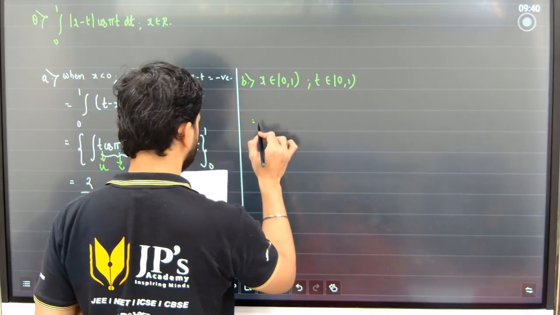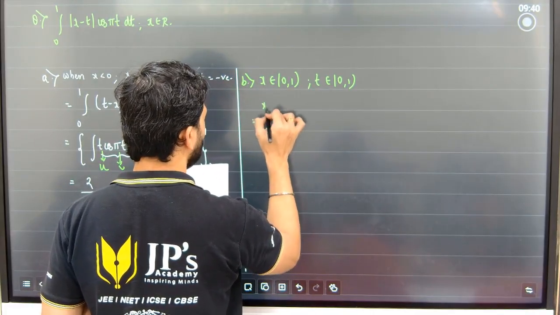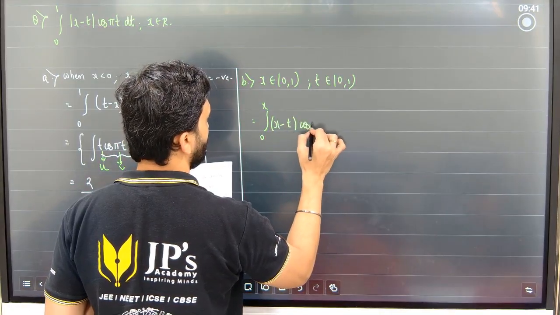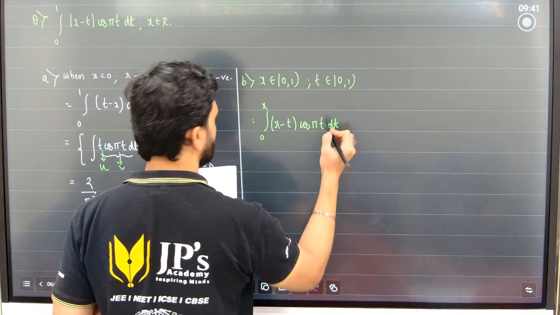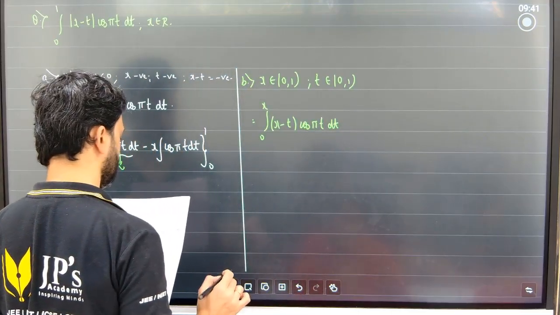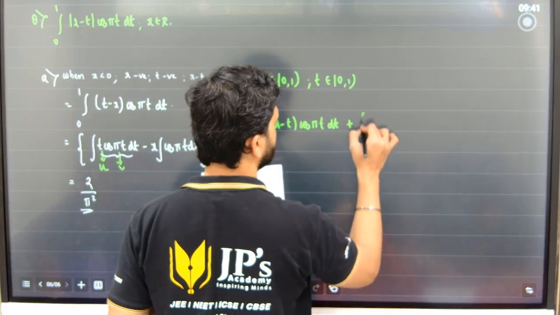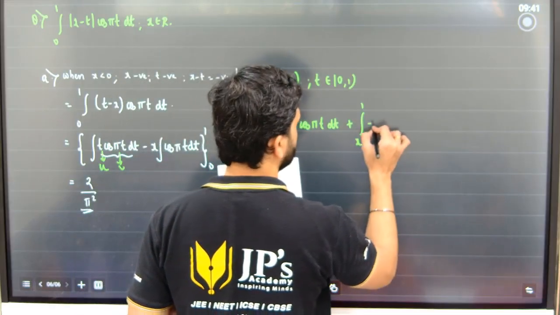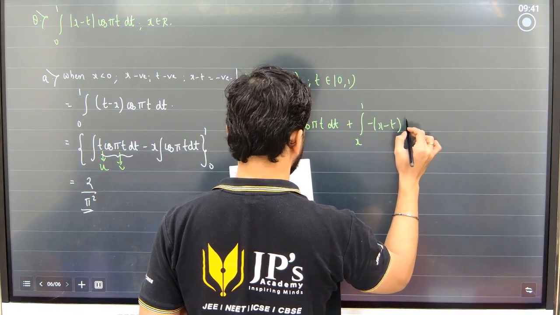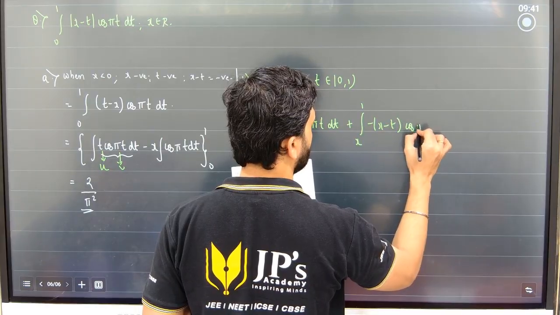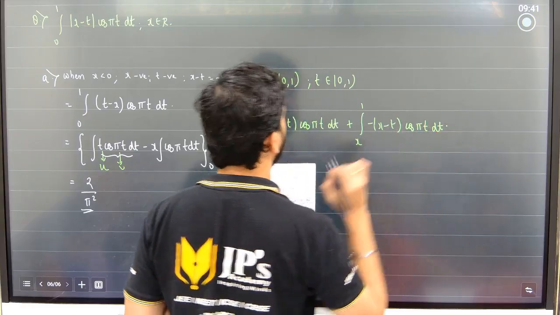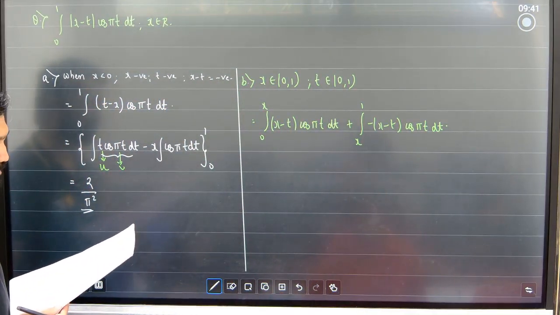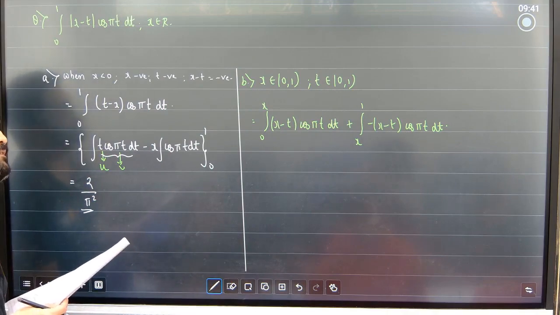this will become integration 0 to x of (x minus t) cos pi t dt plus integration x to 1 of minus (x minus t) cos pi t dt. Okay, x minus t cos pi t dt minus x minus t cos pi t dt,